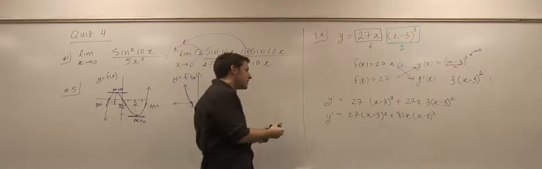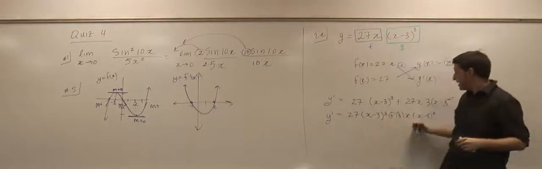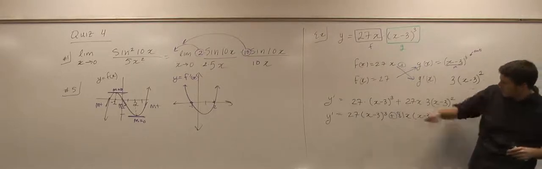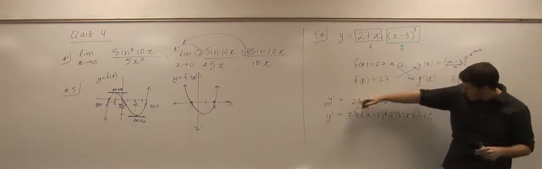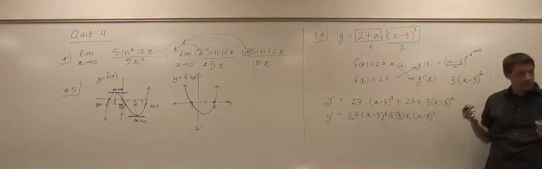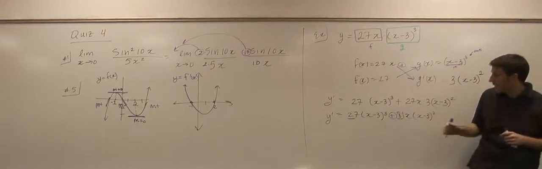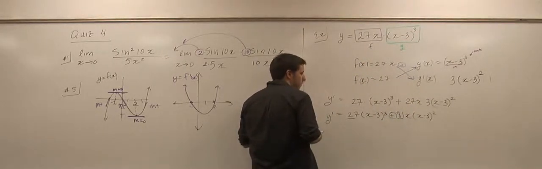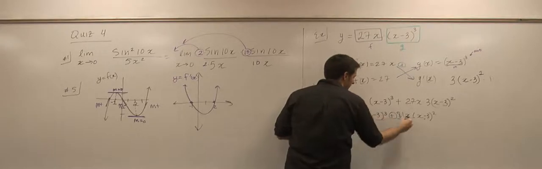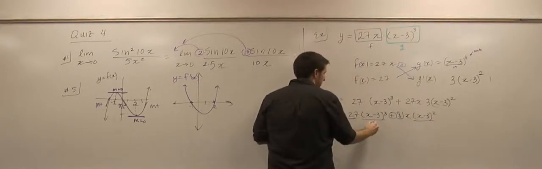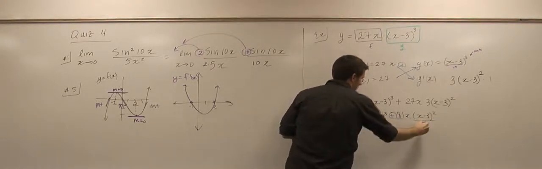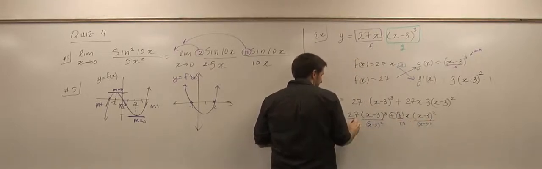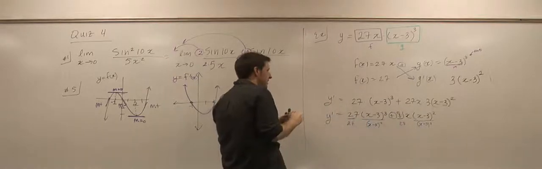And then I'm going to look on each side of this plus sign for the biggest common factor I can pull out. So for example, 27 and 81 have 27 in common, right? Yeah. And then what about x minus 3 cubed and x minus 3 squared? x minus 3 squared. All right, so out of these two, I can pull an x minus 3 squared. This is just kind of scratch work. And out of this guy, I can pull a 27. So what that's going to give me